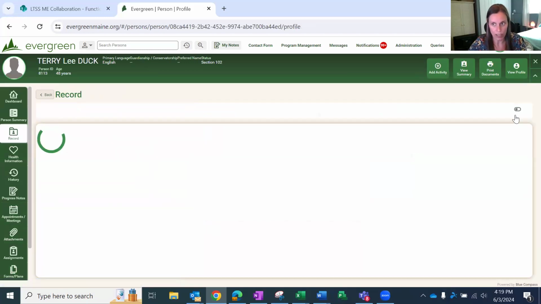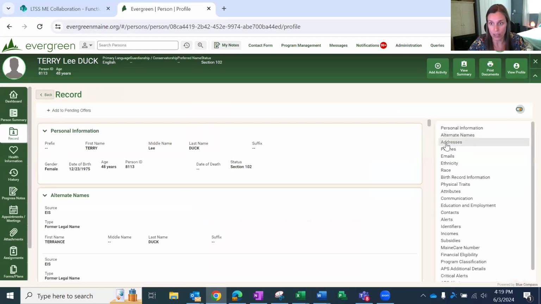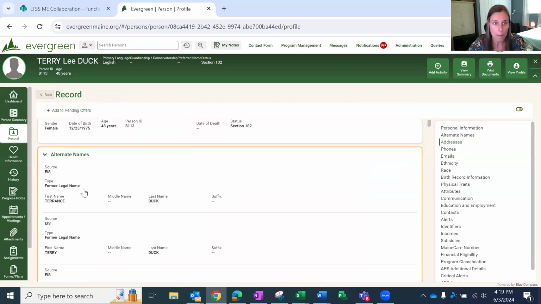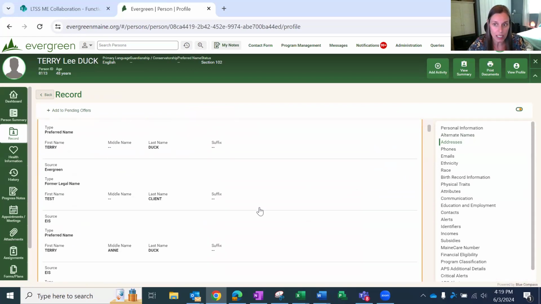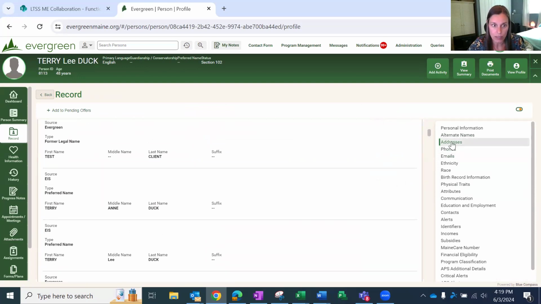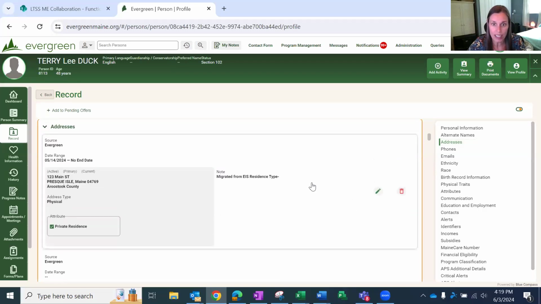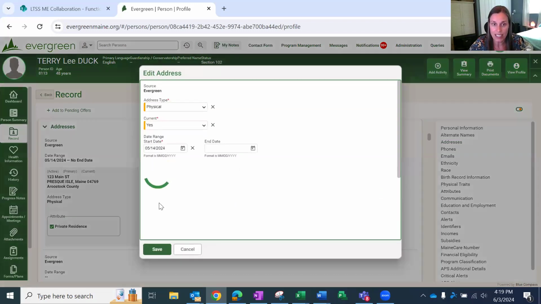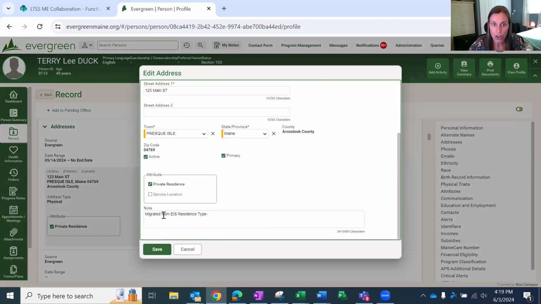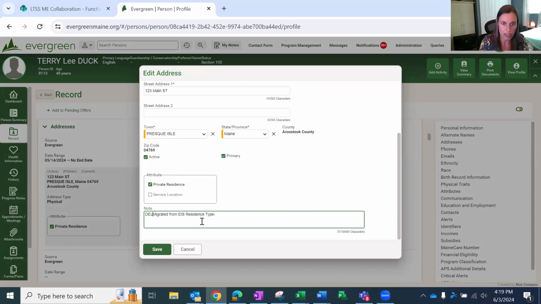So in the person's record, under either addresses, phones, or contacts, those are the three areas that we're looking to help you get cleaned up. You would have the ability to go in here, if your role permits, to edit an address, for example, and update the note on that. So you'd be able to click on this, and in the note portion of this,